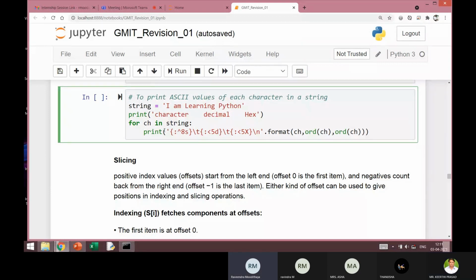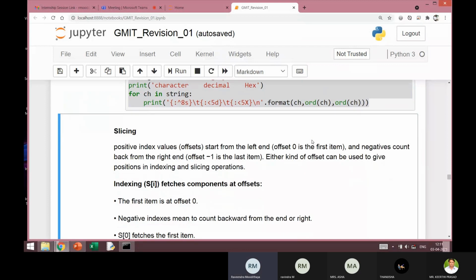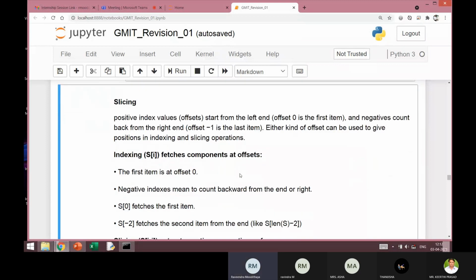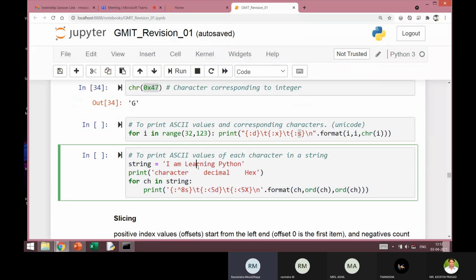I hope everybody is able to appreciate this piece of code, in the sense you got the required output. Okay, now let's go to the next very important topic, slicing, because we'll be very often using this with respect to string and also list or tuple. So I can save some time when discussing the list. Slicing is, for example, I have a string here in this cell. How can I extract a certain portion of this string?